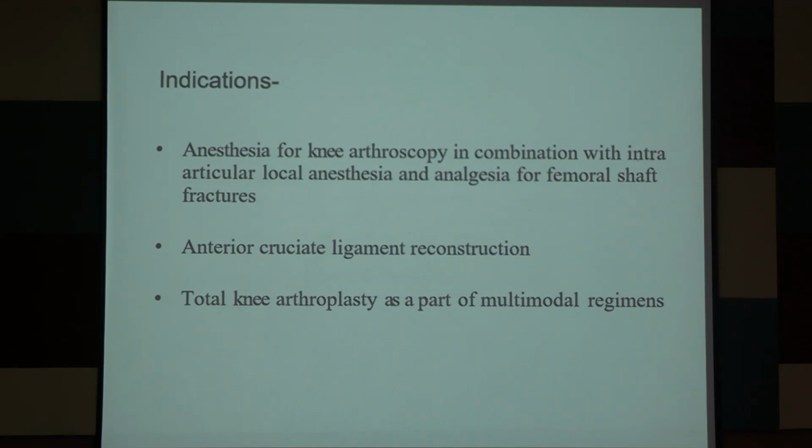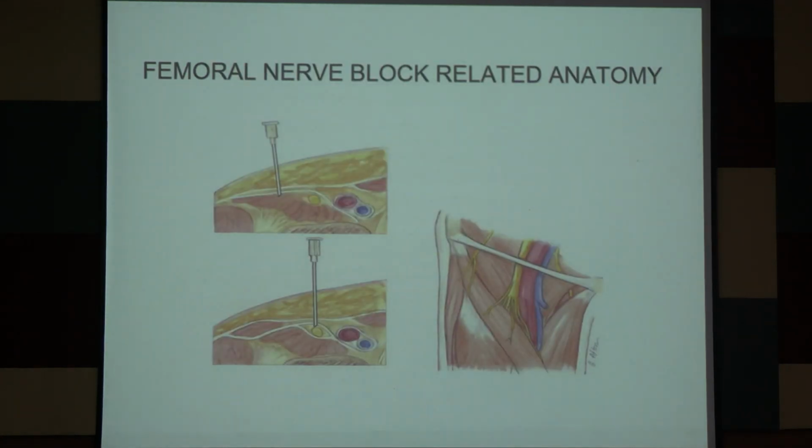Practicals, no. Okay. The anatomy you know, the mnemonic is vein, artery and nerve for the femoral region. So the femoral nerve will be lying lateral to the femoral artery. How do you provide the block by the landmark guided technique? You will first palpate the femoral artery. The femoral artery is a big artery, you can palpate it very easily. Just go lateral to it. Without pricking the artery, go lateral to the artery, you will be hitting the nerve, and deposit the drug. That blocks the femoral nerve.